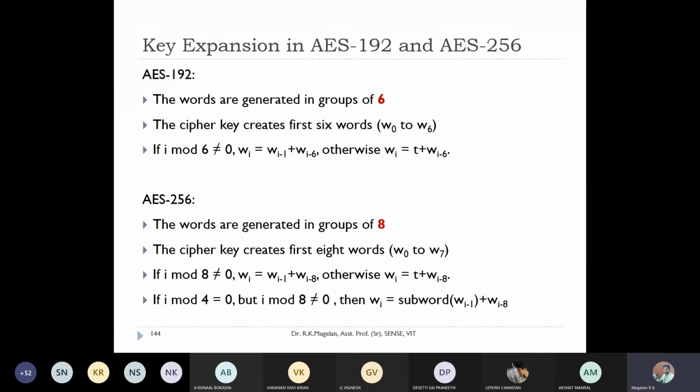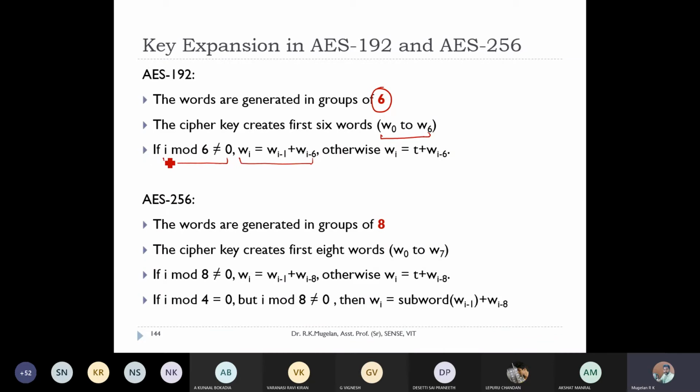And if you go for AES 192 and 256, how they are going to perform the key generation. This is only for your knowledge purpose. They are going to group the words into 6 words per group. That is, they generate the first 6 words, and from these they generate the rest. So whenever your i mod 6 is not equal to 0, they simply do an XOR operation.